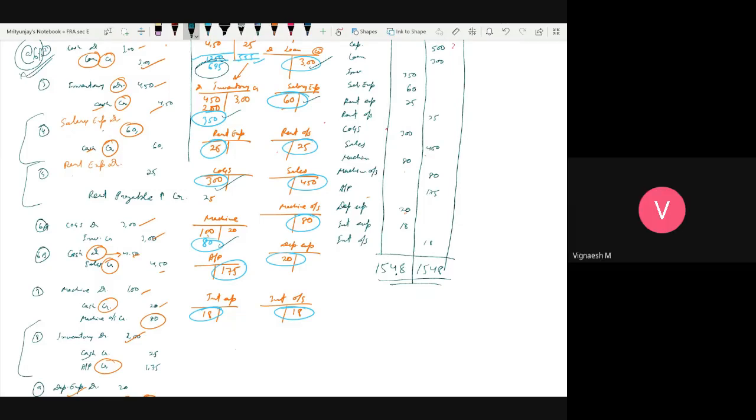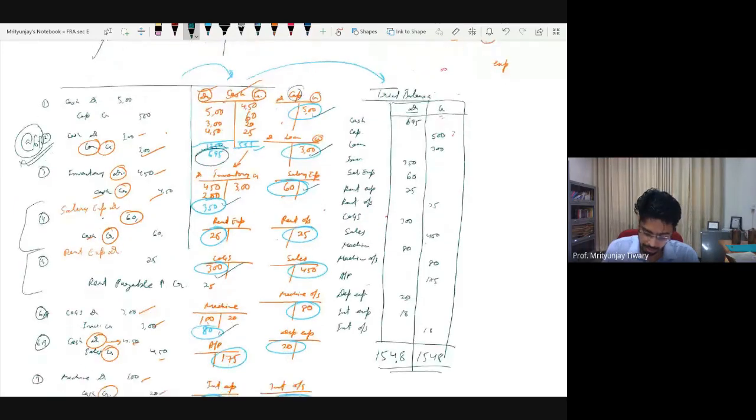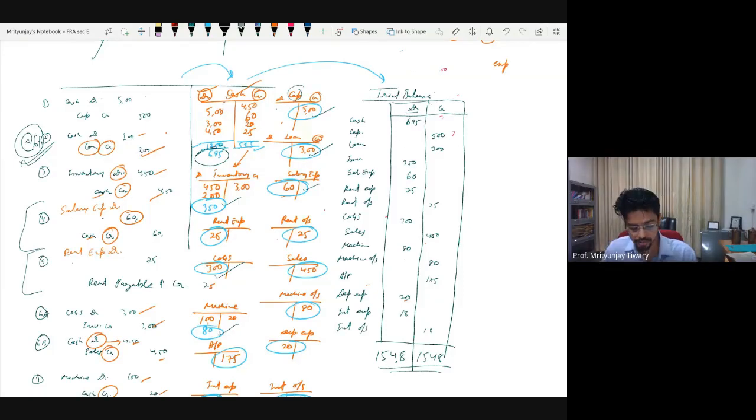So one question, trial balance, what does it mean? Trial balance is that on a trial level, you are trying to balance some things. You are trying to balance debits with credit. I don't know whether that is the reason of origin of the word or not. Once again, etymology, I don't know too much, but this table is called trial balance. Okay, got it.